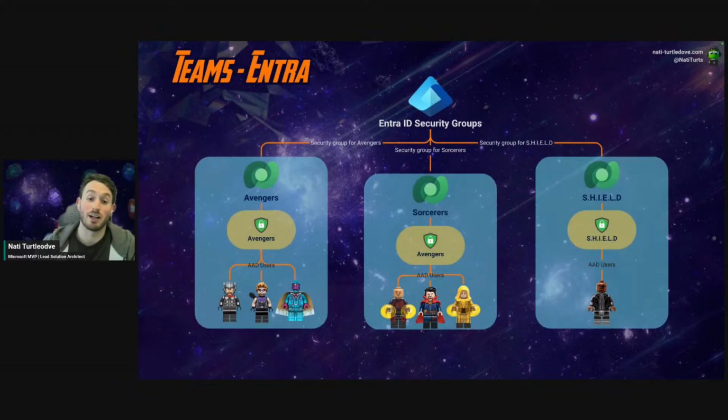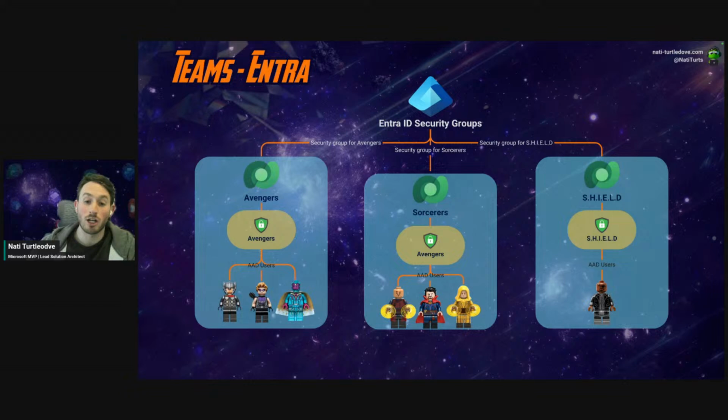Remember, I said I was going to come back to this slide. When it comes to a team that's linked to a security group on our core business unit, i.e. our MCU business unit, and we assign the security roles to a team, the users inherit that security role automatically based on the business unit that they belong to. So we can have 3 users part of different business units, but all part of the same security group for the Avengers. And because we've got the core security role Avengers assigned to that team, Power Platform is smart enough to know, okay, this user is going to inherit the security role part of this business unit. This user is going to inherit this role part of that business unit, etc.